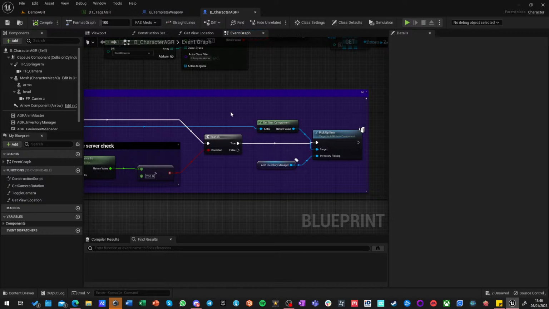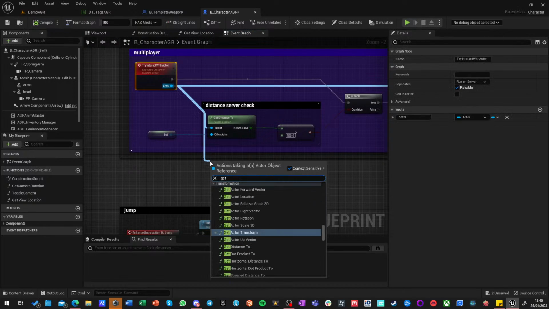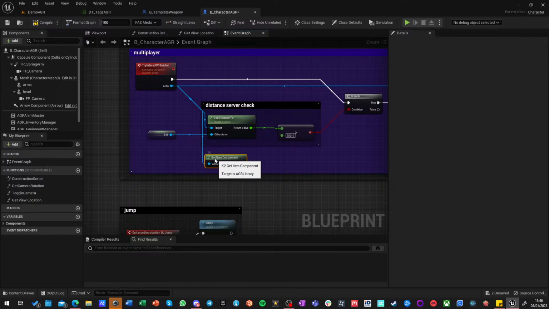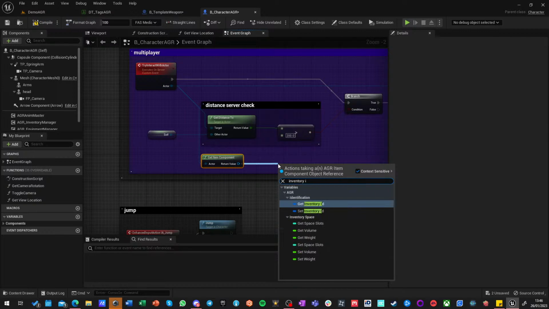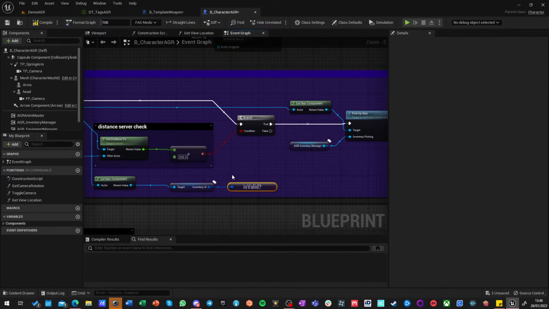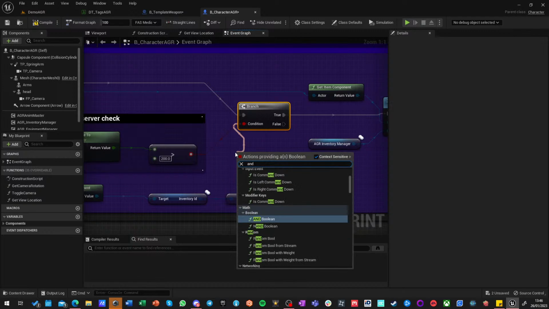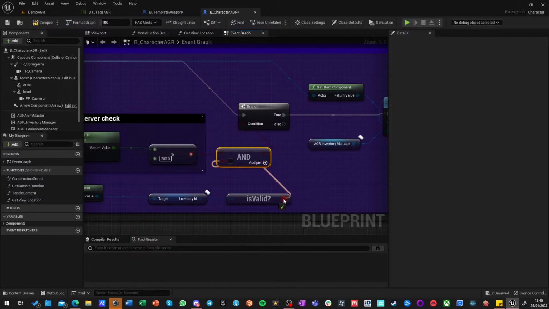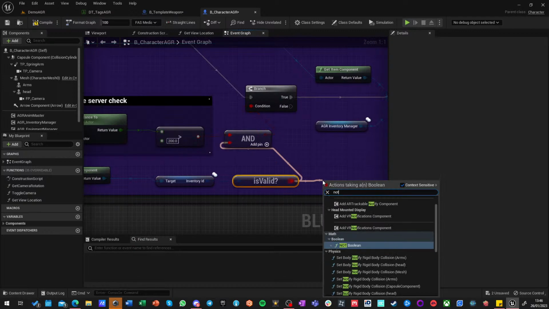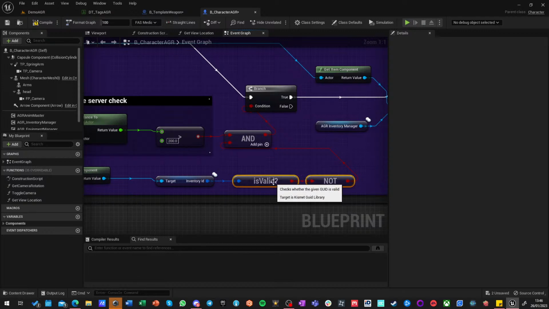So for example, I can do some other checks here. I can check this actor, I can get item component, I can check inventory ID, and I can see if it's invalid. Oh, is valid GUID? Yeah. So I must say that the distance is less than 200 and it is not already picked up by someone else. So only if it's not a valid GUID, as it's being invalidated when it's being dropped, only then you can